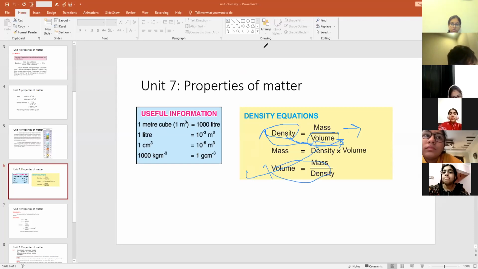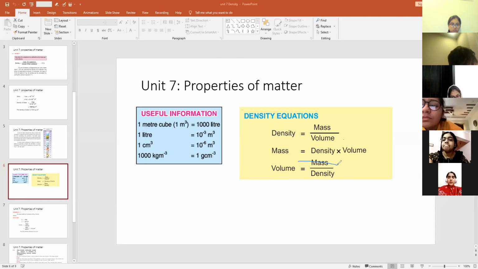So this is the formula for volume. You just need the mass and density. The mass and density of the object must be known to you to calculate the value of volume, right? The unit for mass is kg, and the unit for density is kg per meter cube, right? So what happened there? Power 3.